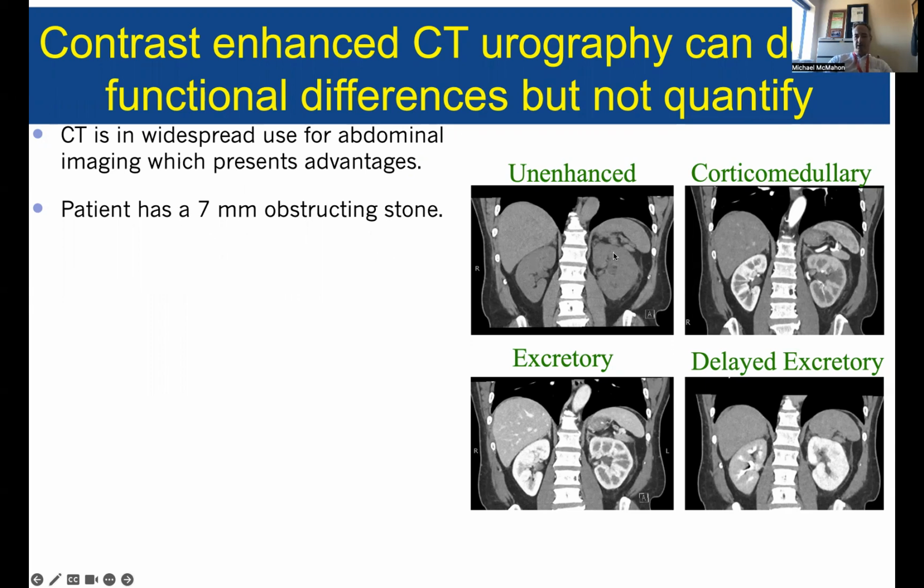What you see in this iodinated contrast CT, in the unenhanced image, is that the kidneys are quite dark. In the corticomedullary phase, you can see that one kidney is highlighted more prominently than the other. In the excretory phase, this